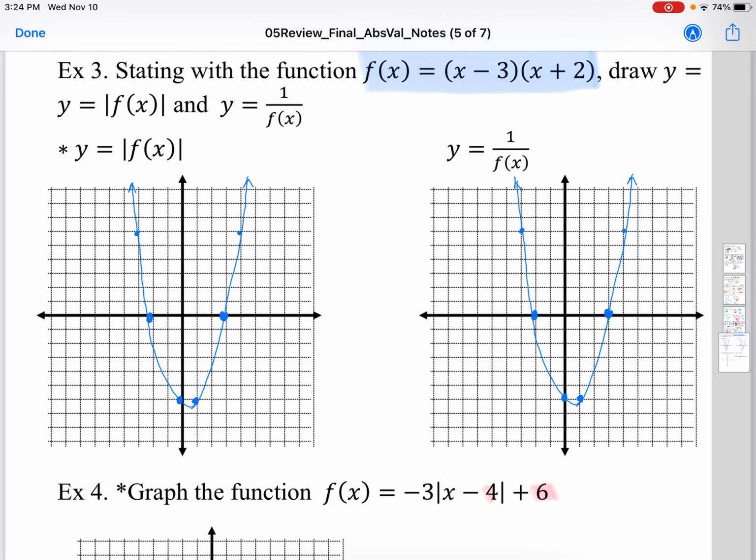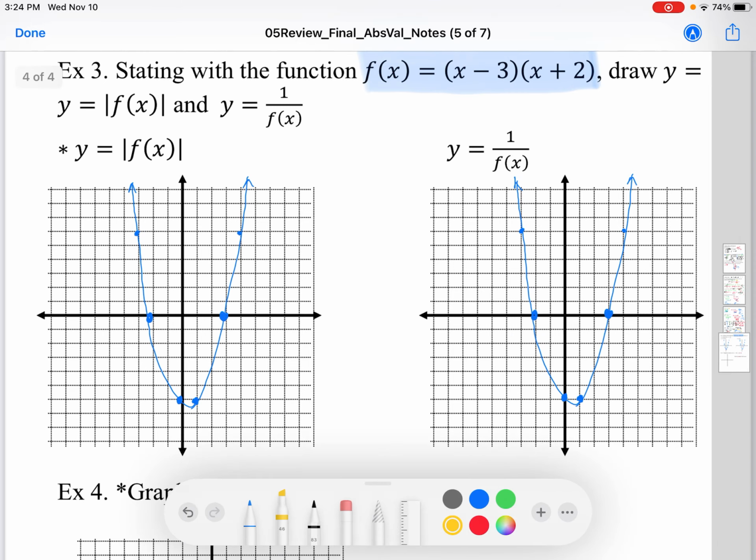We have here the graph of the parabola, f of x equals (x - 3)(x + 2). I've drawn those on both graphs here. And we want to find the graph of the absolute value of that quadratic function and the reciprocal. We want to make sure we understand how to deal with both. The absolute value is something that we don't really need to focus on, but we definitely need to know